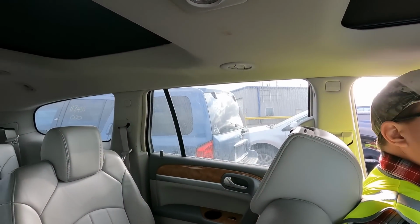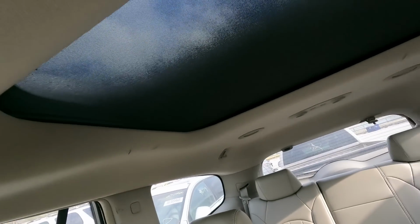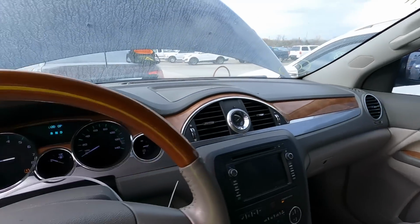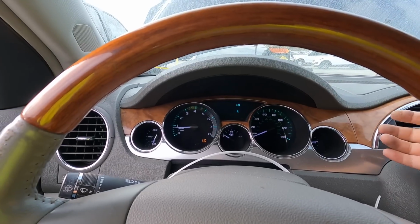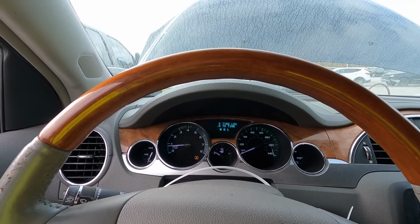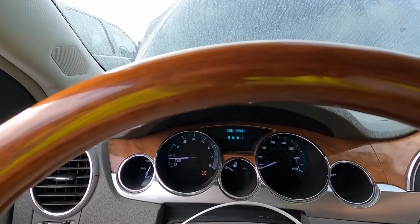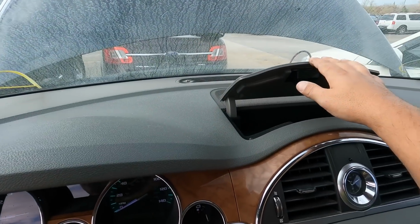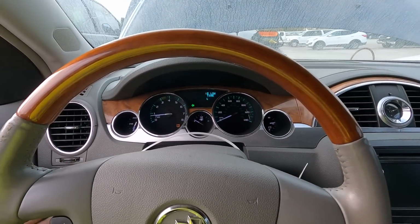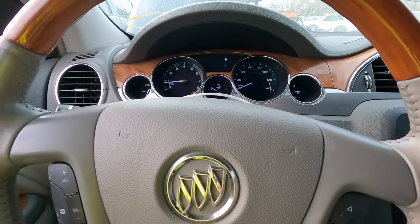And yes. This has dual sunroofs too. It's got a sunroof right here and then another one back there as well. I'm not feeling AC yet. Hold on, let me turn the temperature down. It was at like 72, so that's not going to feel like air conditioning, is it? We got a little cubby hole up here. You got your OnStar. Signals. Yes. Wow. Guys, this thing is...